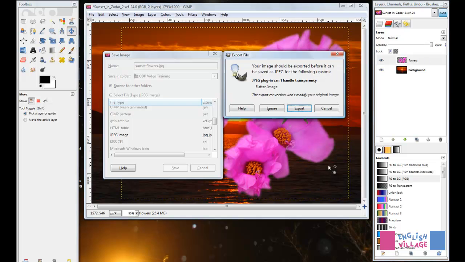What GIMP is telling me is that once this file is saved as a JPEG, you won't be able to have any transparency, and both of these layers are actually going to get combined into one. So you are going to lose a ton of information in this file, and you're going to lose all kinds of editing options. So if you choose to export first, then GIMP will actually create a duplicate of this file